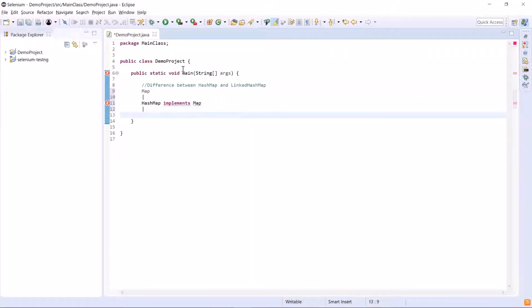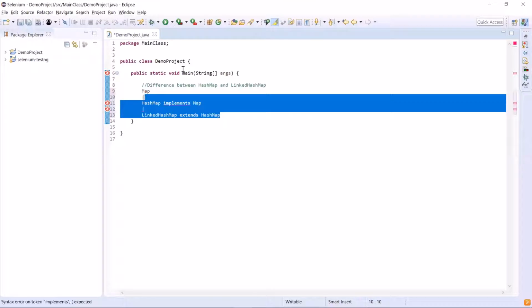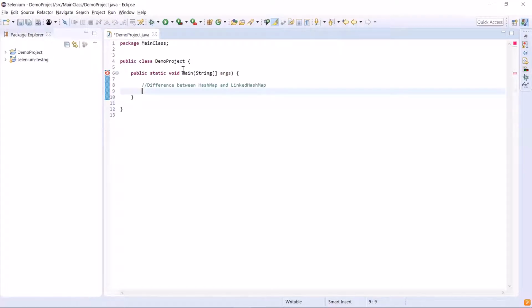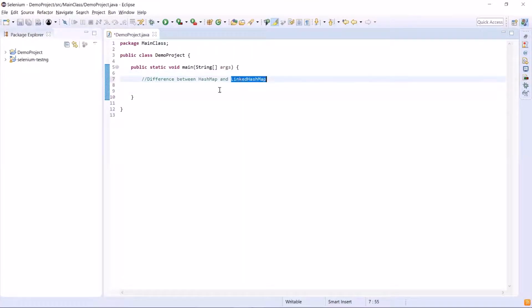Now, if we talk about linked hash map in Java, then it inherits the hash map class and implements the map interface of the Java collection frameworks. And it is similar to hash map. We can use the linked hash map to store the data in the form of key value pairs, like we do in hash map. Also, keys should be unique. And if you try to insert the duplicate key, it will replace the element of the corresponding key. So linked hash map is just like the hash map. The only difference between hash map and linked hash map is the insertion order of values.